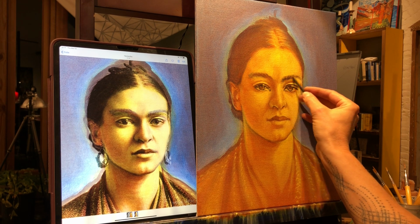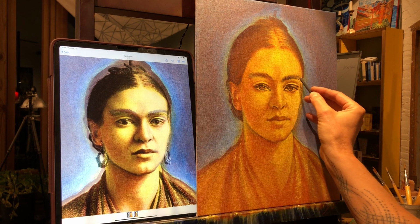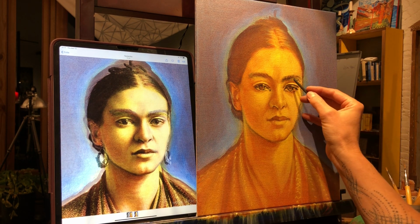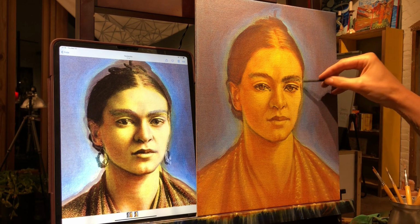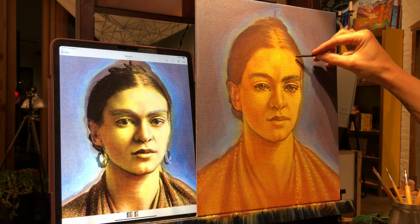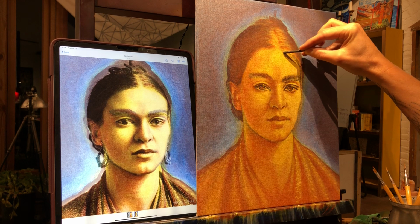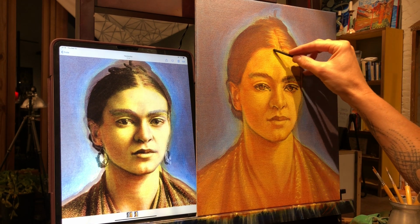It's sometimes like we exaggerate features. I talked about this before, but I'm sure, you know, we exaggerate features like the eyes all the time. And there's nothing wrong with that. But there's something to be said for going to the length of actually really observing how it is and then manipulating it. You know, so this is where I see the value in studying